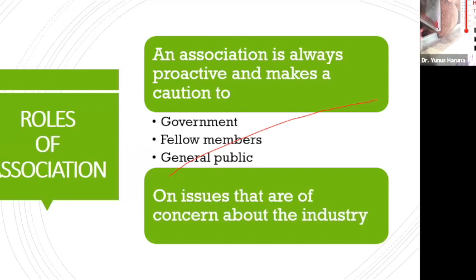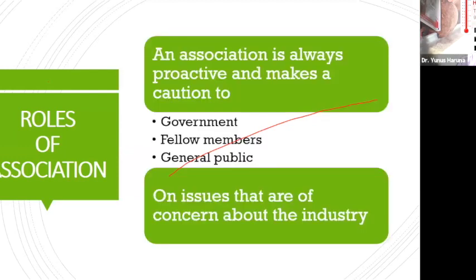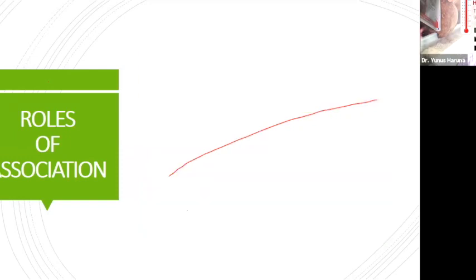So on issues that are of concern about the industry, an association is always expected to be proactive and make caution, and then tell government or fellow members or the general public about what they think might likely happen in the